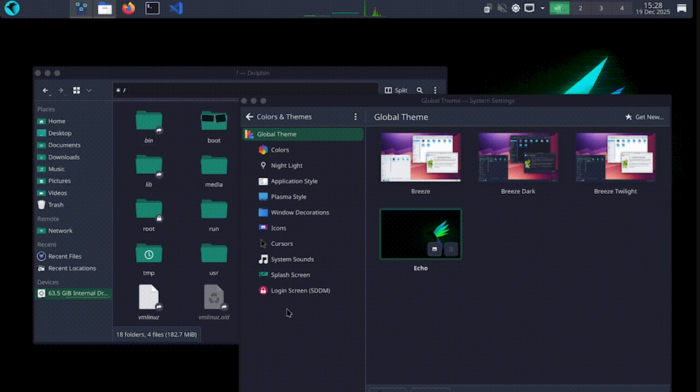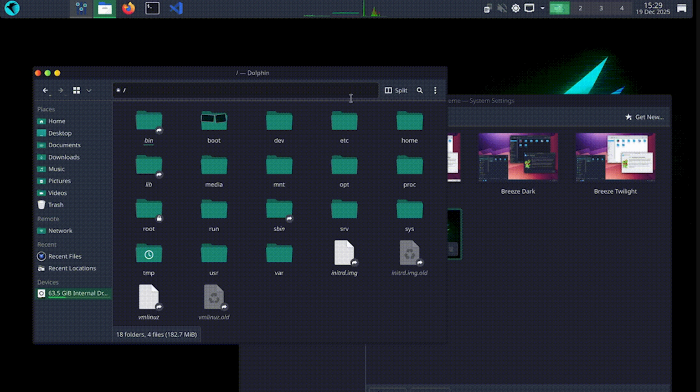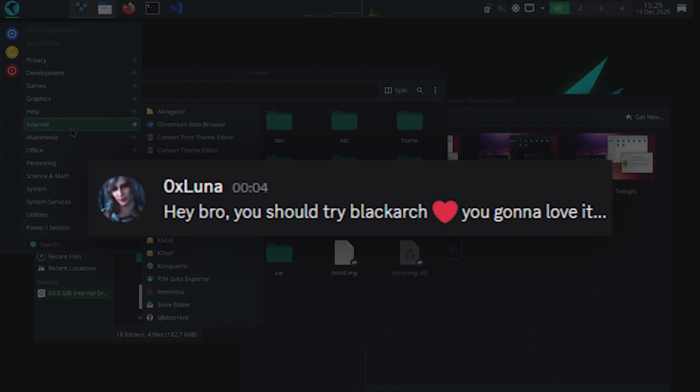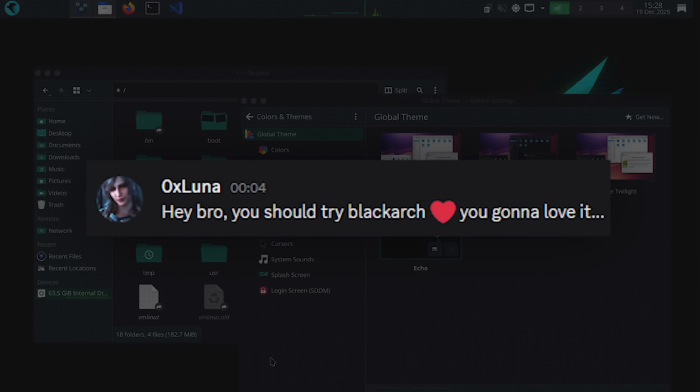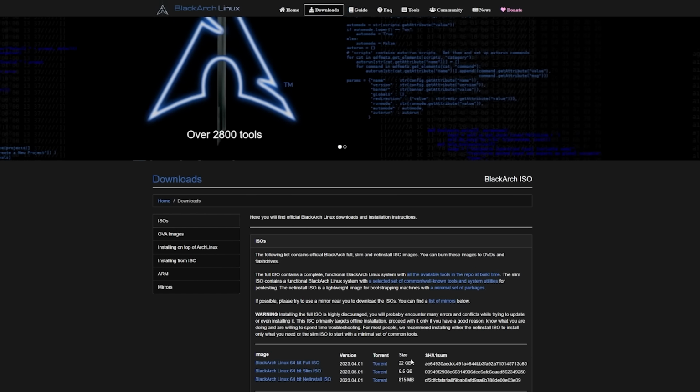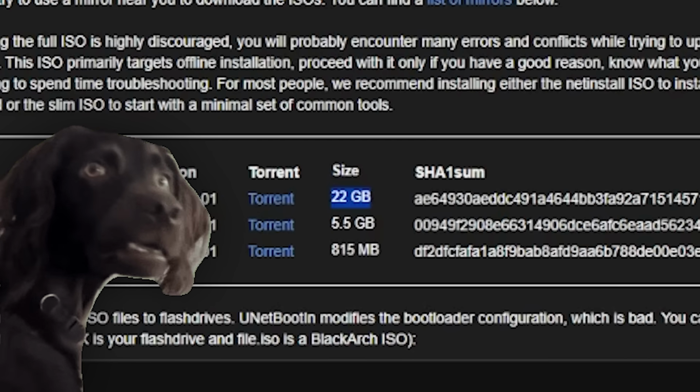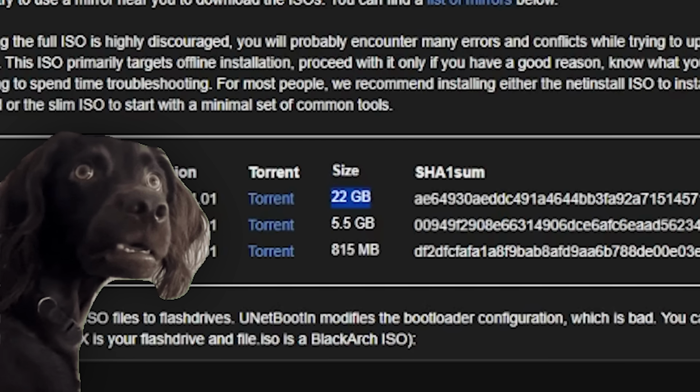So I've been running Parrot OS for a while now. Comfortable, know where everything is, life is good. Then someone in the CyberFlow Discord drops a message saying, "Why aren't you using BlackArch?" And I made the mistake of looking it up. 3 hours later, I'm downloading a 20 gig ISO at 2 in the morning like a completely normal person making